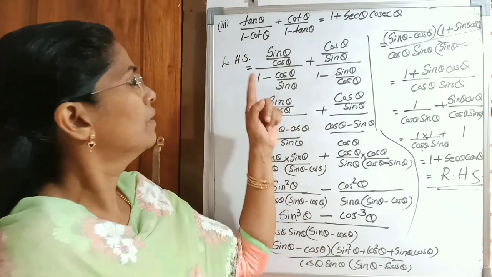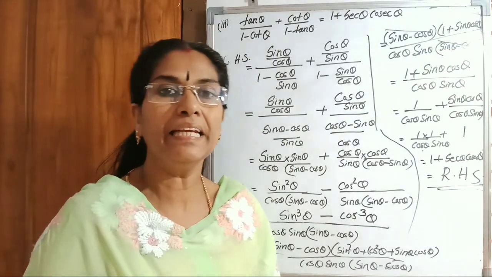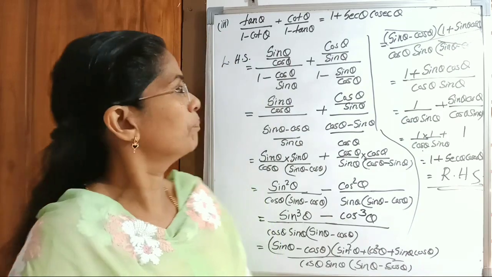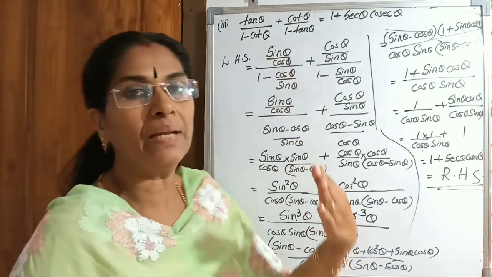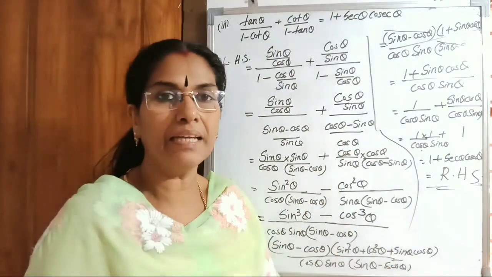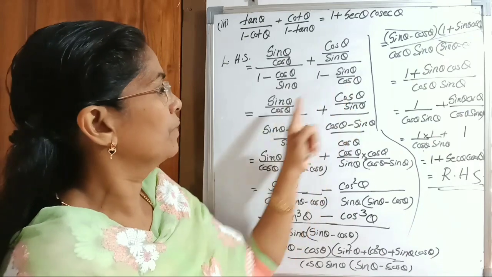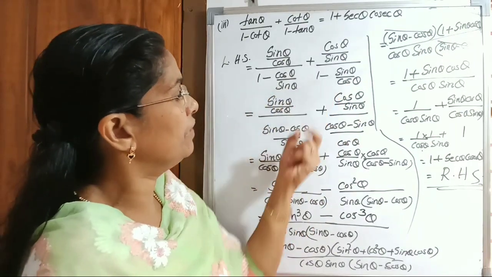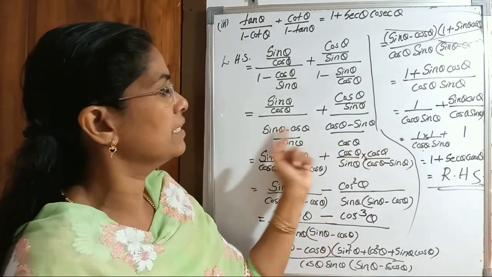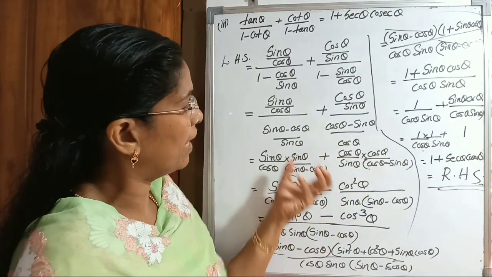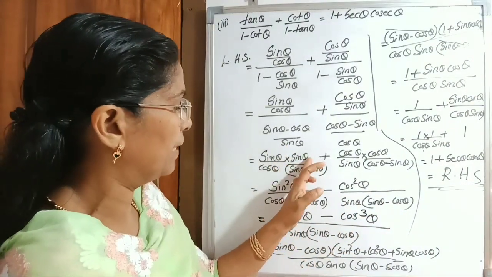One more time I will explain this one. Listen all of you. First, we write tan theta and cot theta in terms of sin theta and cos theta. So first step you will get this. Just replace tan theta and cot theta in terms of sin theta and cos theta. First step over. In the second step, in the denominator we are taking LCM of sin theta and cos theta, and we will get like this. After that we do the fraction division, multiplying with the reciprocal.